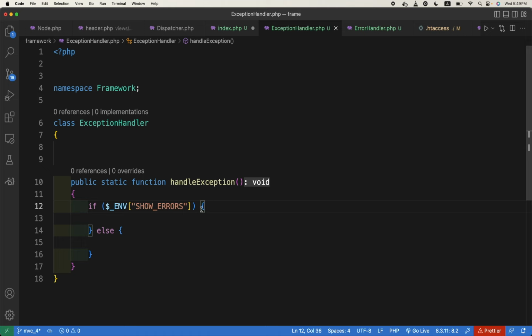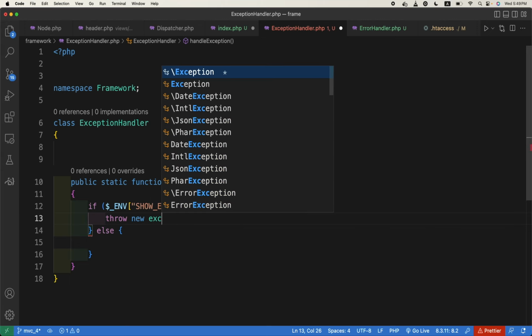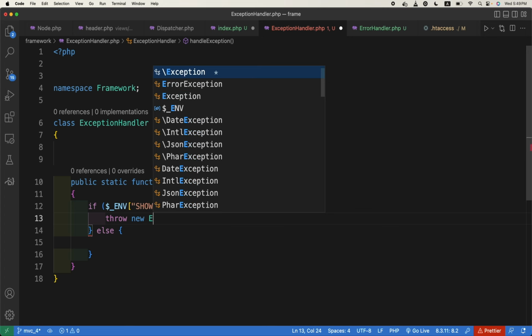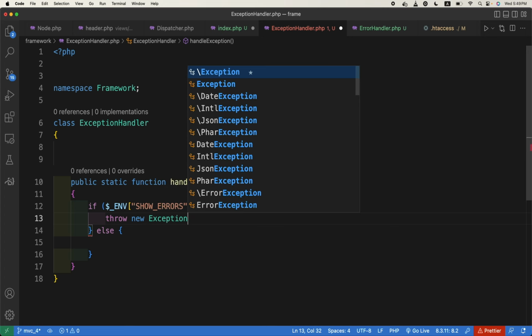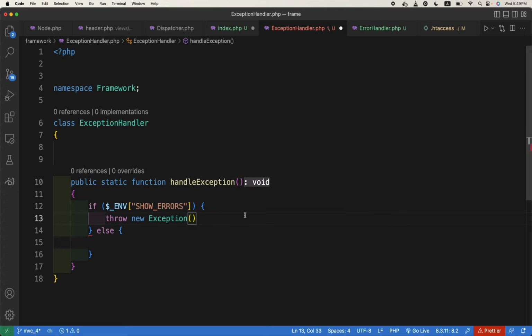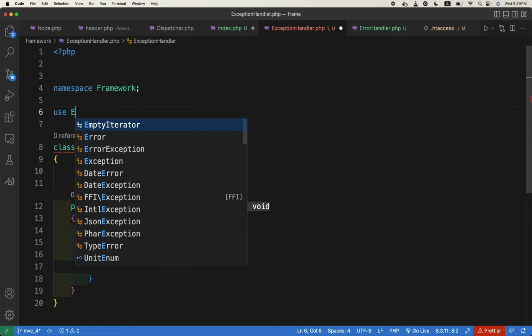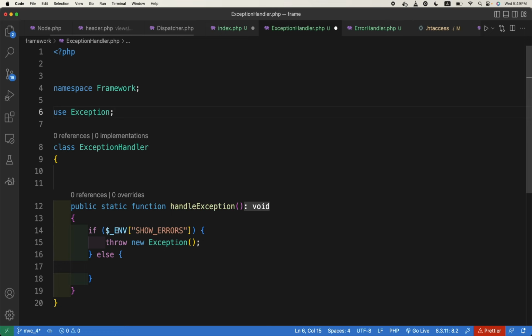Okay, so if error reporting is on, what we can do is throw new exception, like this. Okay, otherwise an exception we can call exception here, so use exception. Otherwise